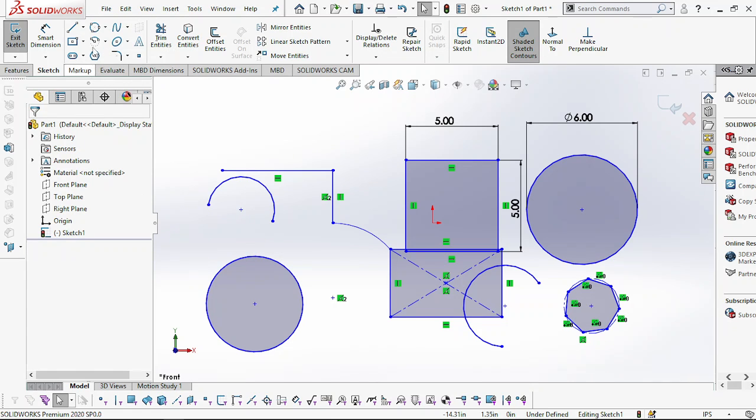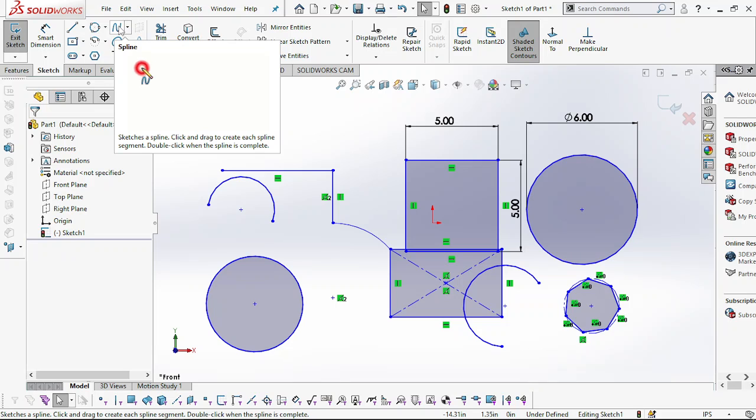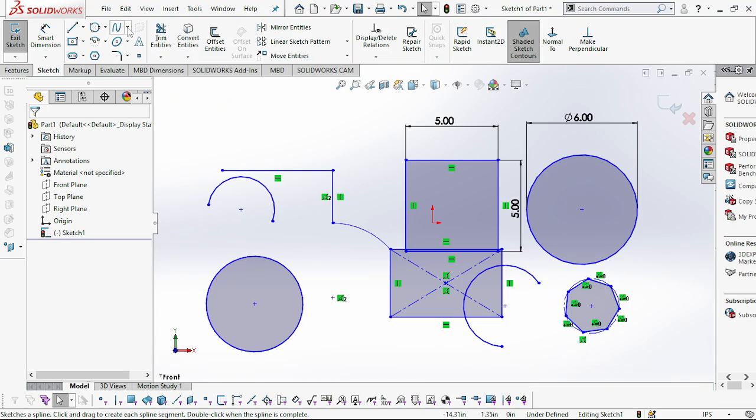In addition to that, we are going to talk about the spline. This spline in most cases is used when you are designing, let me say, springs, elliptical shapes. It can be elliptical, can be anything, parabolic, spirals. Now when you click on it, you come here and click the first point,